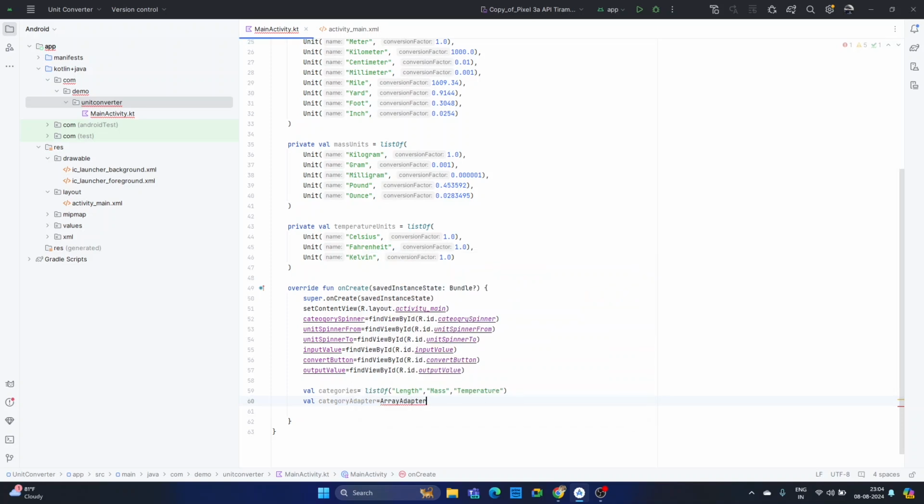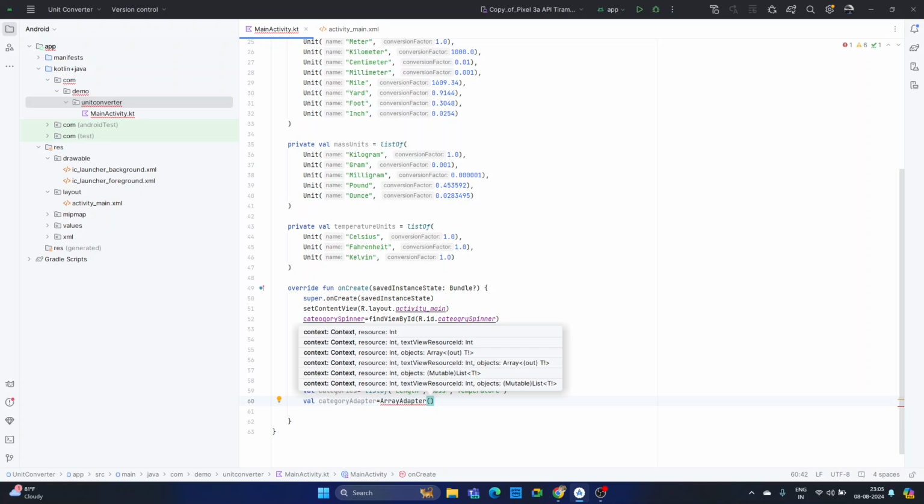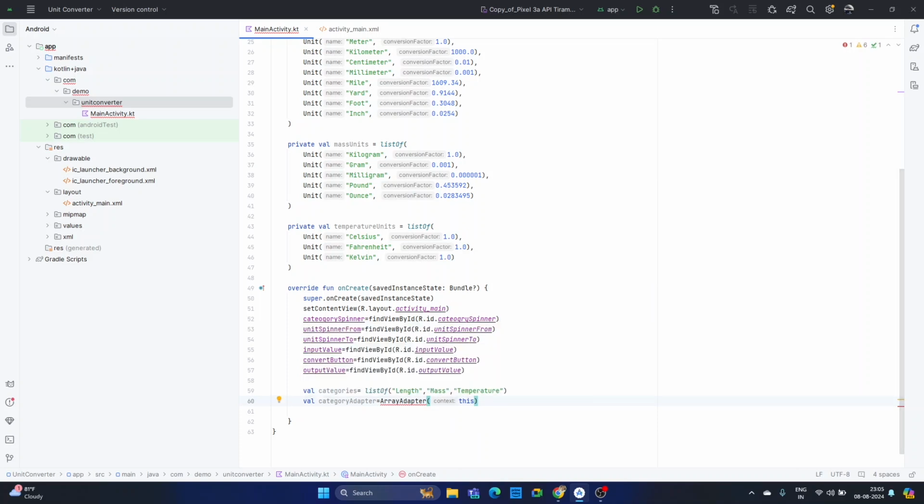Array adapter, and in this array adapter we are using the list. Okay, so how can we use it? We can use it by using the this operator. We are passing the this context. What is required here? The context and the